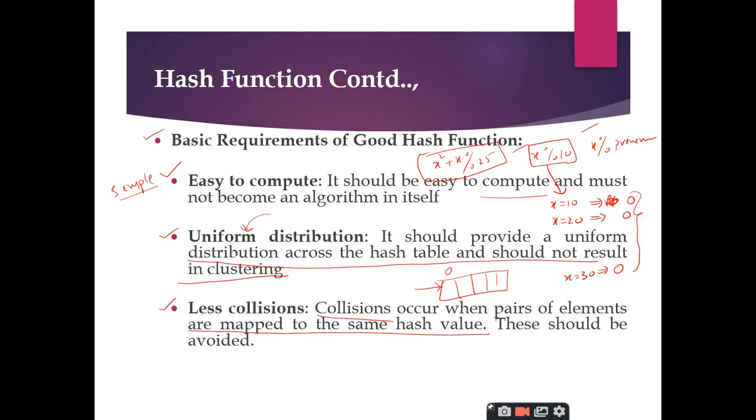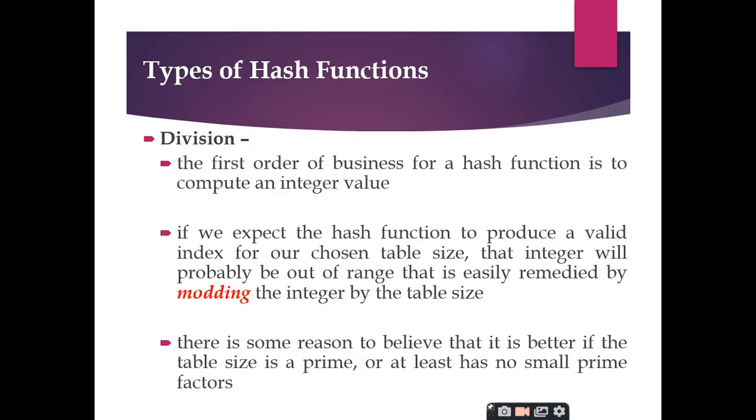Right. Now we will see different hash functions that can be used. A few examples we will see, the techniques that are used for hash functions. The first one is the division method. Division means, don't assume this particular division. It is not quotient division, it is remainder division. We call it modulo division, or we can call it the modding operation.